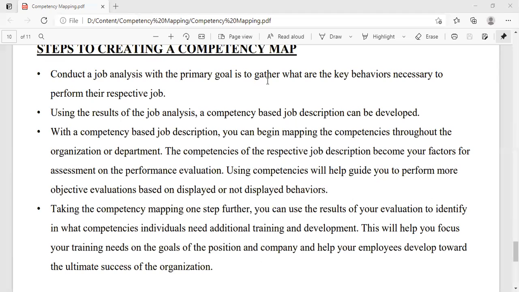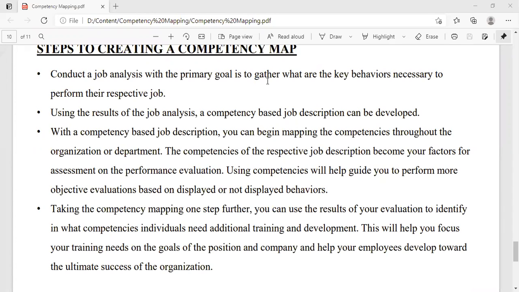With a competency based job description, you can begin mapping the competencies throughout the organization or department. The competencies of the respective job description become your factors for assessment on the performance evaluation.